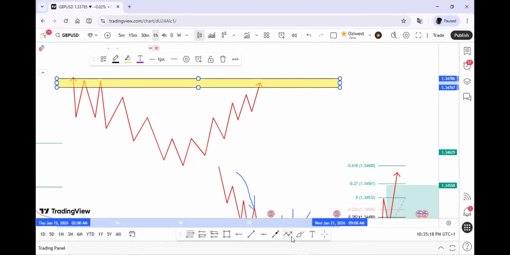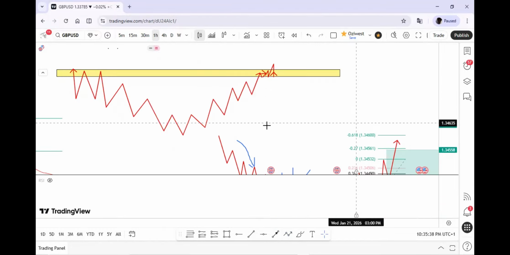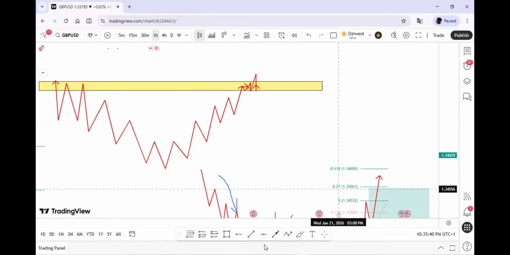Once price approaches that level of resistance on the 4-hour time frame, and you start to see some kind of rejection on that 4-hour time frame, that's when you then go to your smaller time frame and look for, this time around,